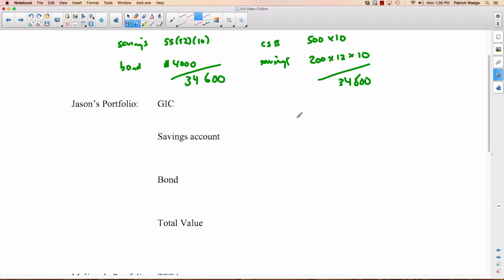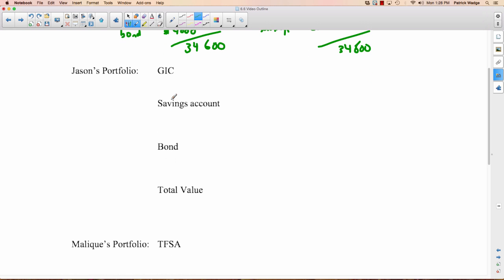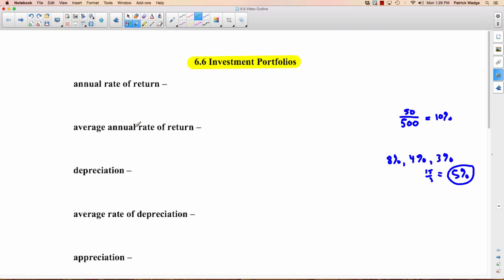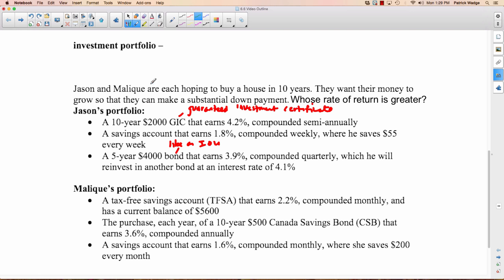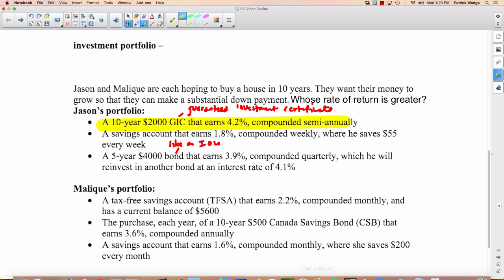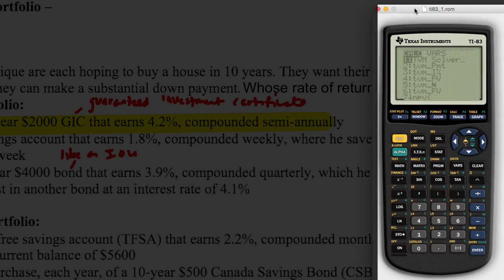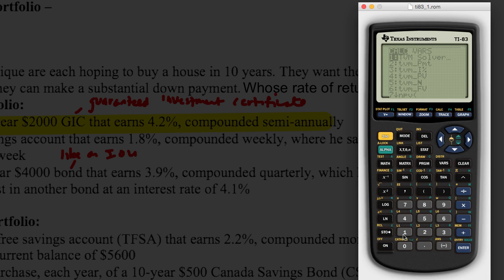Okay, I'm very sorry about this, but we're going to have to use our graphing calculator over and over and over here. So the first thing we're doing is with the GIC. Okay, I think I'm going to go back to the previous page to get all the information. So we go down here, we're looking at the GIC, which is right here, and we're going to use our graphing calculator a lot here. So here we go. Go to number 1.